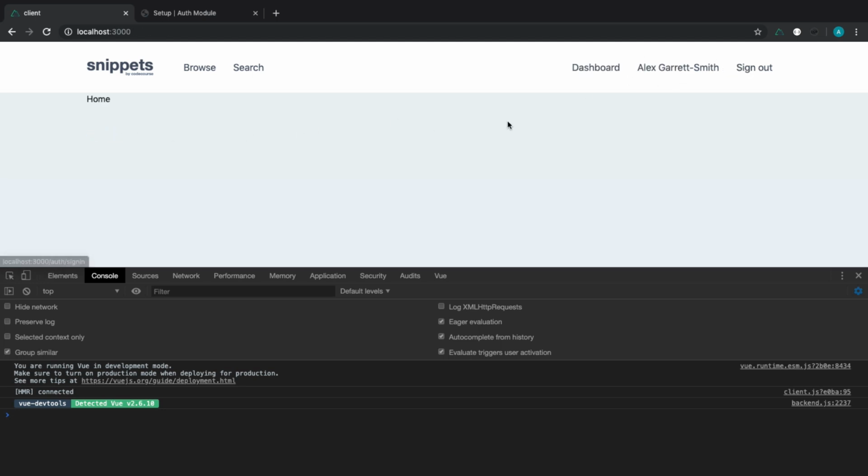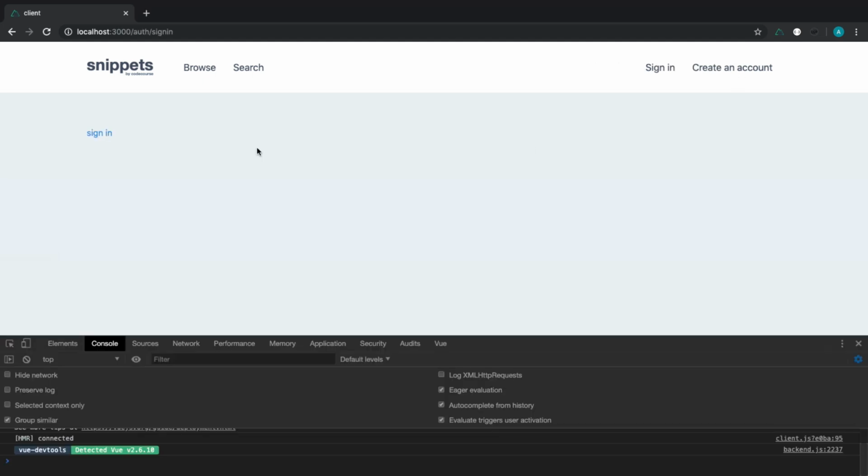So we can sign in now and we can sign out. Okay, let's focus on the sign in design now and actually hook up the inputs so we can actually type in our information rather than rely on this hard-coded link just here. So this is going to take a little bit of a while,